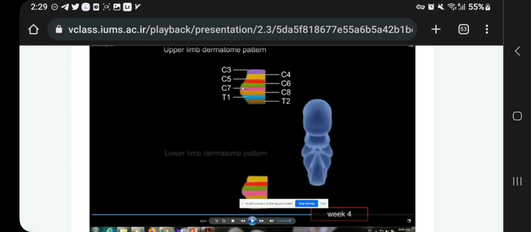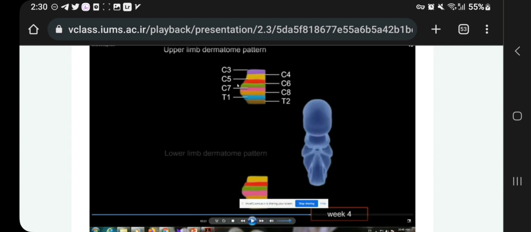You can see the upper limb bud is against the dermatomes of C5, 6, 7, 8, T1, and T2. And you know, the nerves that innervate these dermatome segments make the brachial plexus. Okay, at first the organization is so regular, and after that,